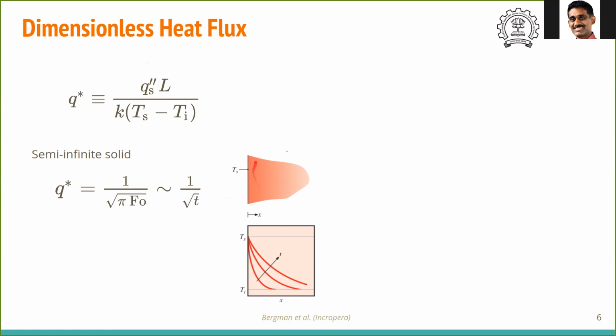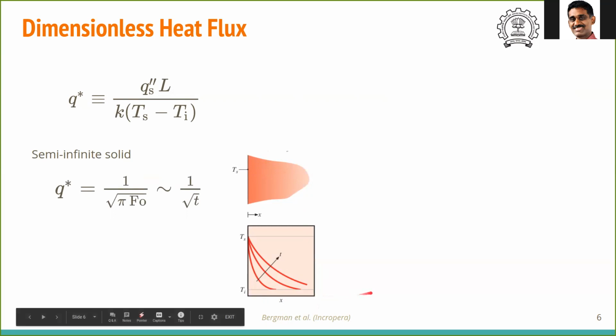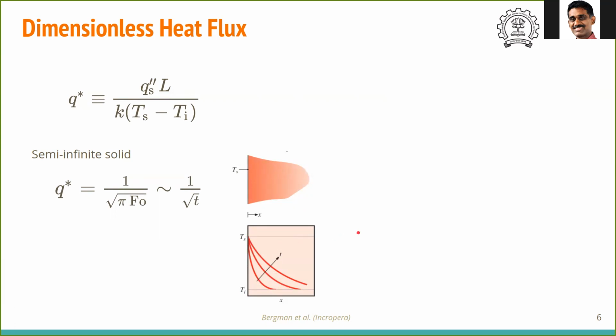So what that means is that, take a semi-infinite wall, you have a temperature. Suddenly you change the temperature to Ts. Inside it is Ti. So at a very long distance from here, the temperature is Ti. Initially also it was Ti everywhere, but at time t equal to 0, we suddenly jacked it up to Ts here. And how does that diffuse through the space? At time t equal to 0, it is just like this. And at small t, it goes there. Then it's like this, then like this. And so at time t equal to infinity, it will be a complete flat line there.